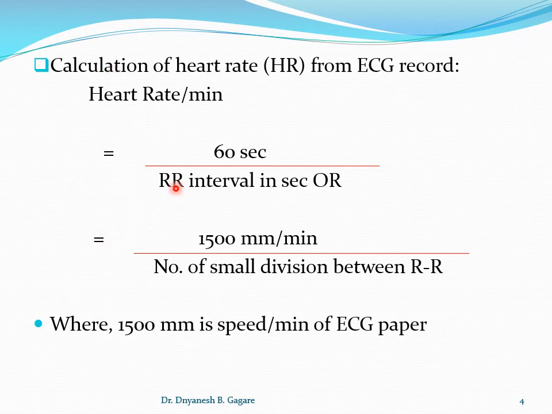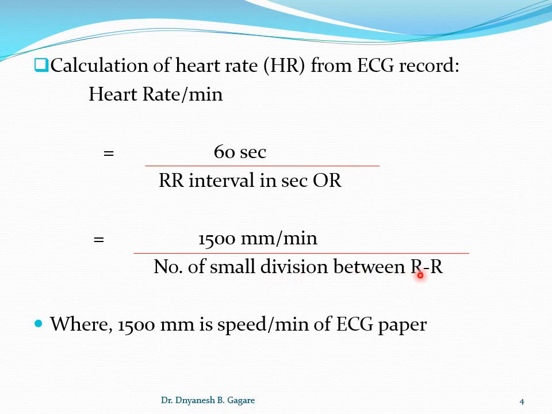For example, this formula you can use: 60 divided by the RR interval. Or the second formula: 1500 millimeters per minute divided by the number of small divisions between the RR waves. Okay, so here it's very easy. For example, we'll take the second formula, 1500. It is the speed of the ECG machine, and just count the